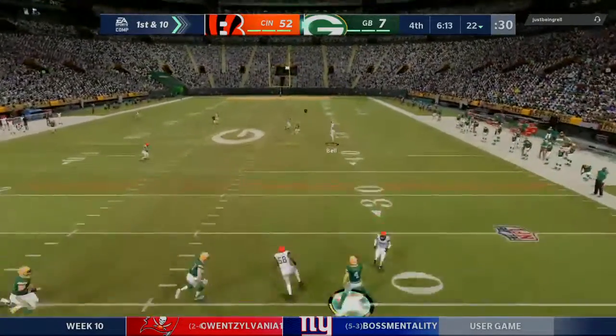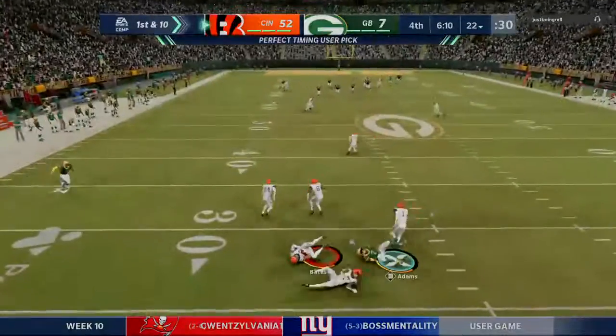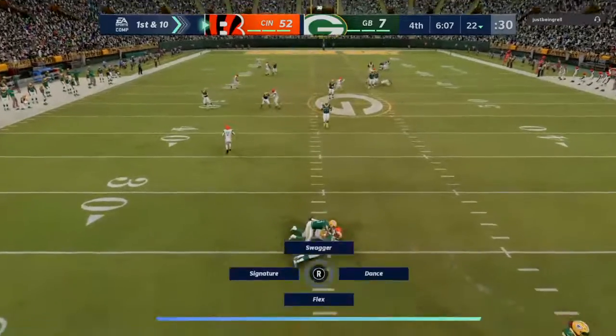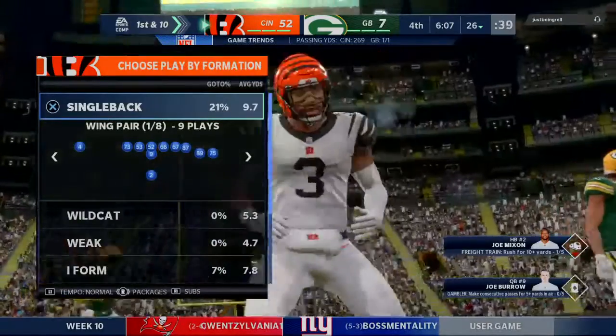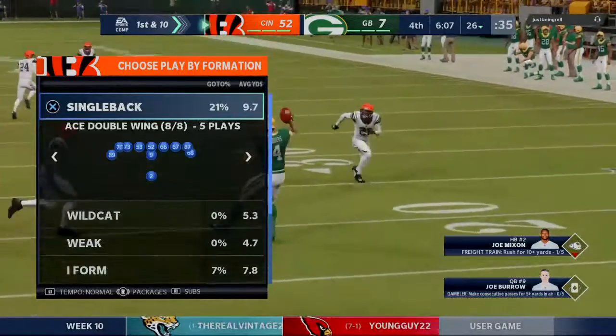And when you start plotting for this drive, when you start thinking to yourself, okay, what are we going to do? And now here is another interception. Picked up by Jesse Bates. And they will take over at the 26-yard line. Yet another mistake after the interception there. And, gosh, you look up at the scoreboard, they just got to be thinking this one cannot get over fast